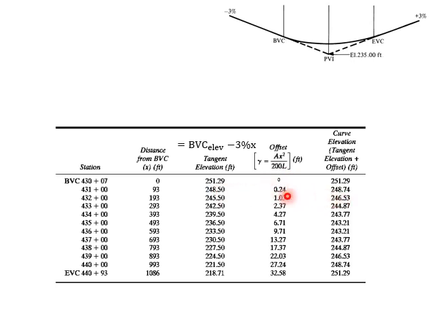And the curve elevation will be the tangent elevation plus offset. Why plus offset? You see, the tangent is lower than the curve. So you have the tangent elevation, you want the curve elevation, so you will add. That's why we are adding here, which is usually the case for sag curves. For sag curves, you have to add the offset to the tangent elevation to get the curve elevation. For crest curves, it's the reverse. You subtract the offset from the tangent elevation for crest curves. So I repeat the process, and in the end, like we said, you should be getting the elevation of EVC. In this case, it was equal to the elevation of BVC as well. So you see, we are getting the same number again.